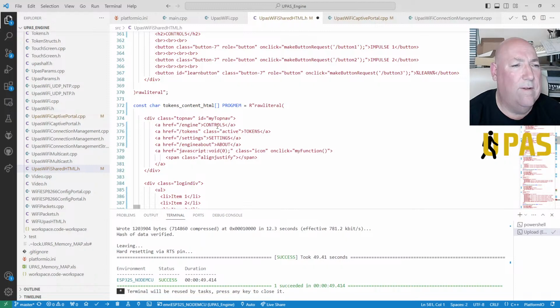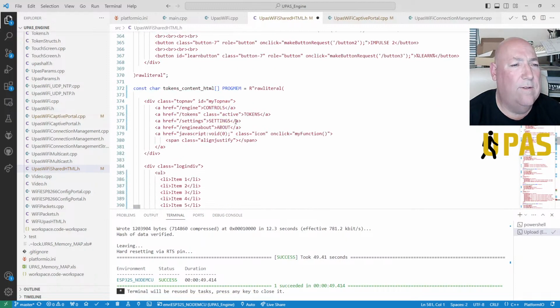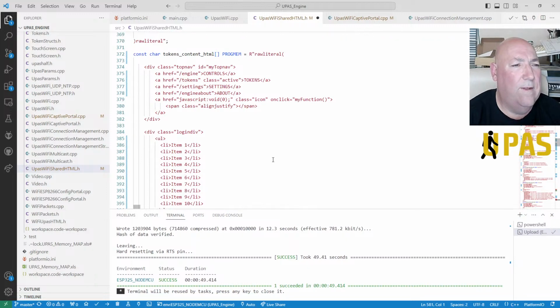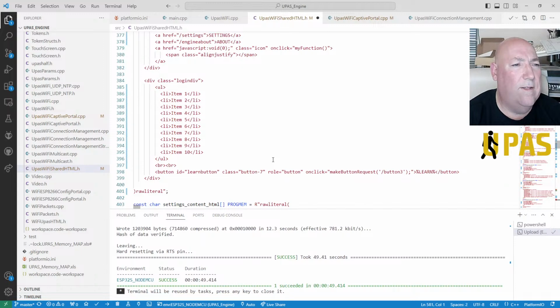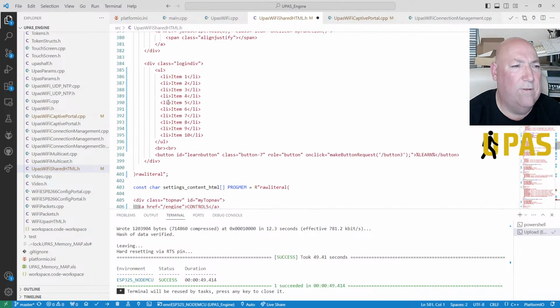And then we've got controls, tokens, settings, about. We've got list items. Tokens has got its own title there, so we don't need extra text to tell you what it is because it's a bit obvious.